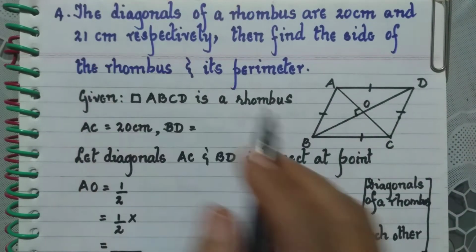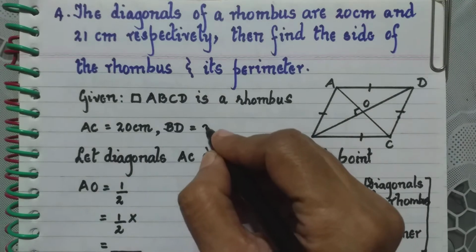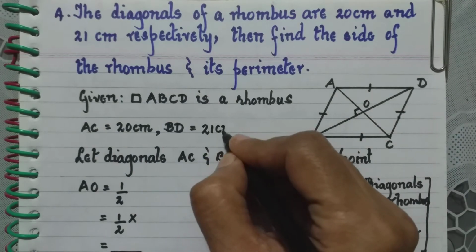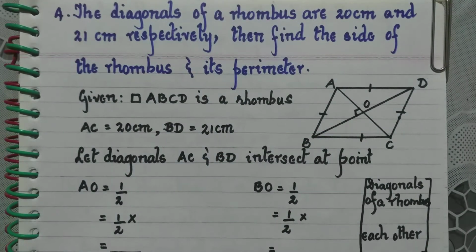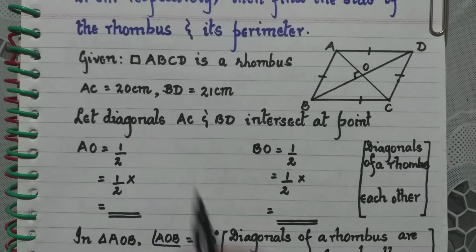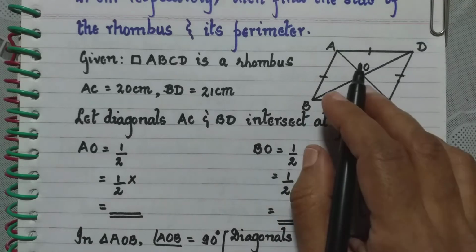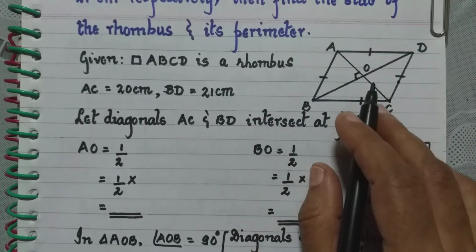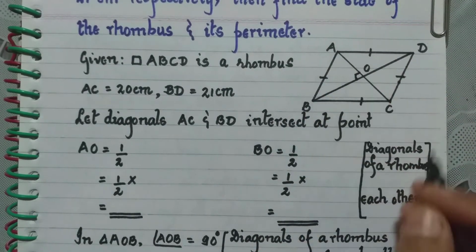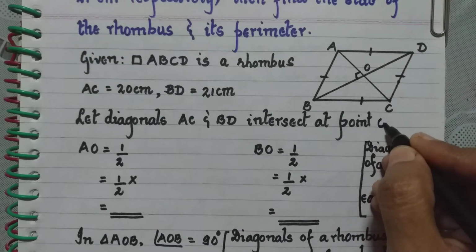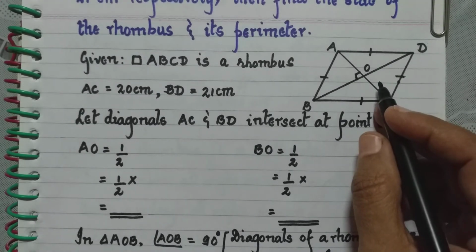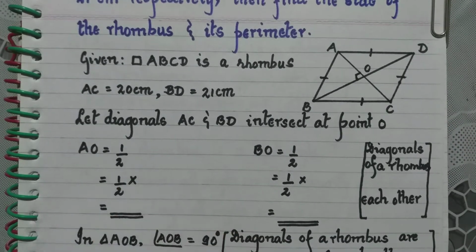The length of the other diagonal is 21 centimeter. So we write here 21 centimeter. Now, further, let diagonals AC and BD intersect at point O. You are seeing the diagonals are intersecting at this point O. So they intersect at point O, therefore AO